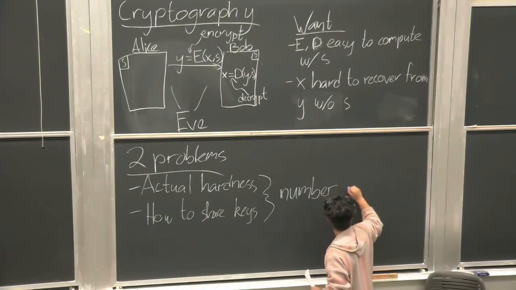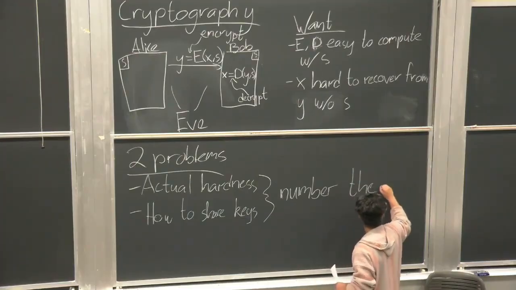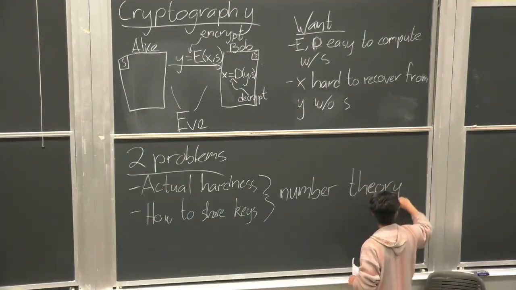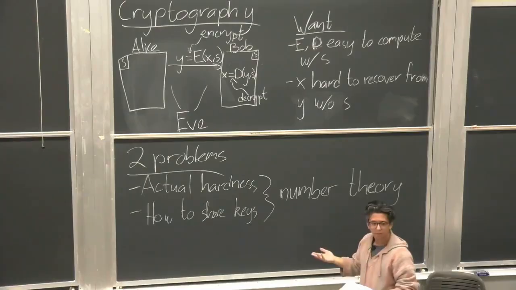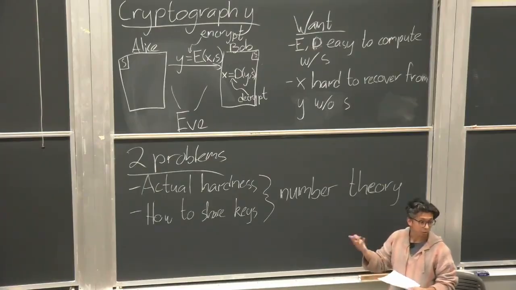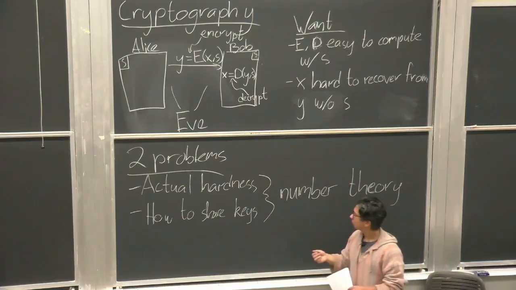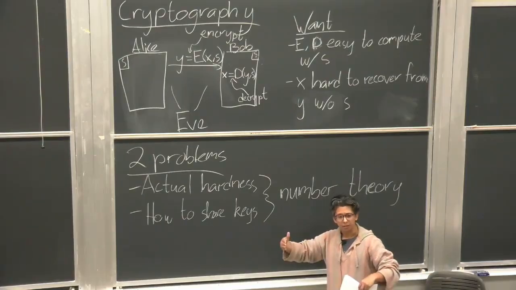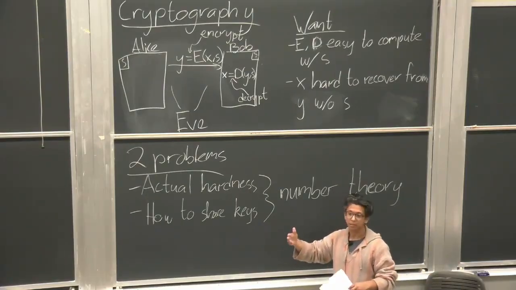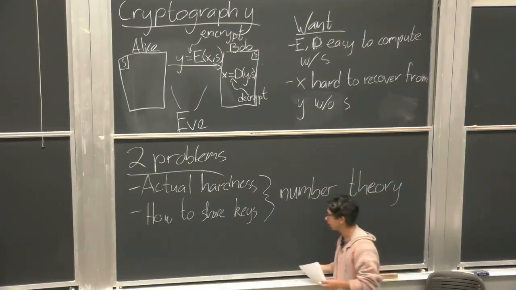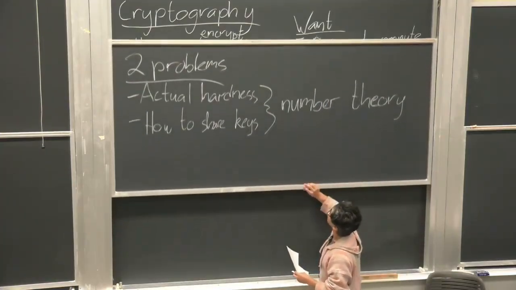This is quite surprising, that you can use number theory, the math we've been doing this whole time, modular arithmetic and so on, to really make revolutions in cryptography. This is part of modern cryptography, what we're about to talk about. In fact,